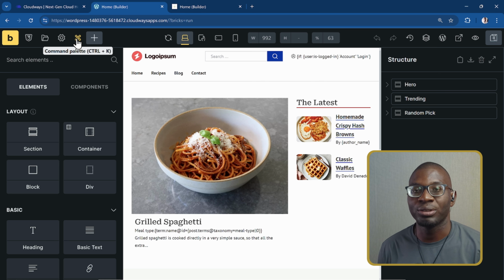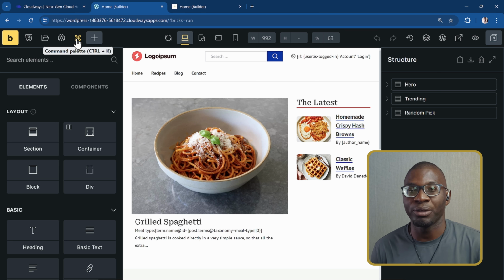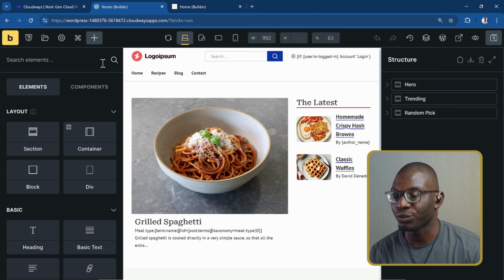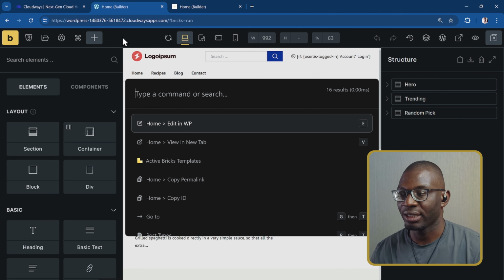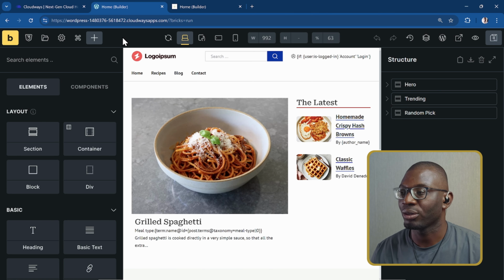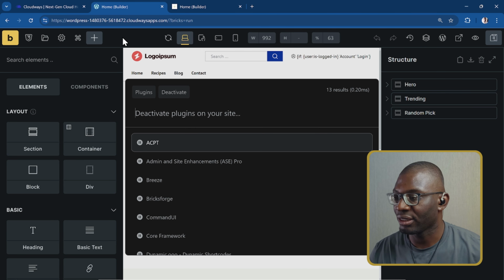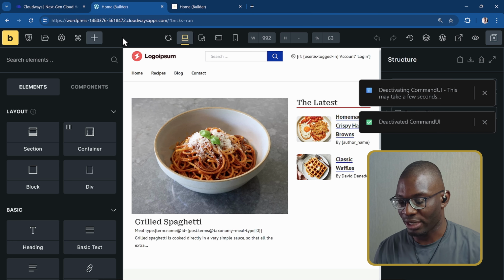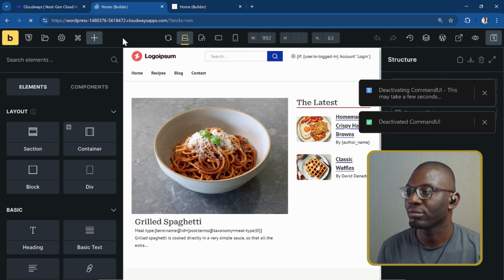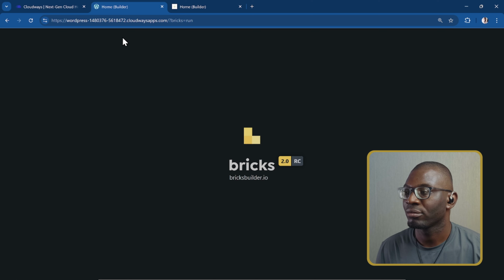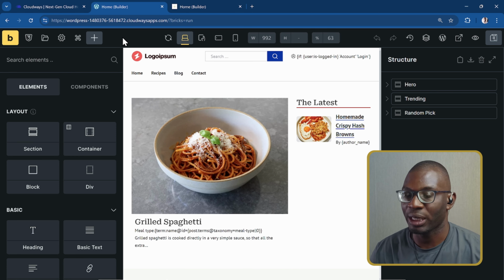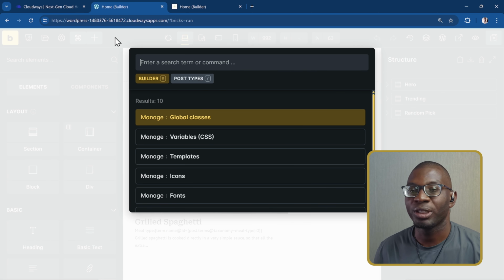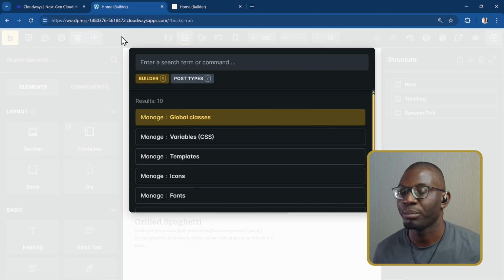But first, I would need to deactivate Command UI, which is the preferred command palette that I use. But for the sake of this tutorial, I would have to disable it because they use the same keyboard shortcut, which is Ctrl-K. So let me go ahead and deactivate the plugin. So I'll say plugin deactivate and Command UI. So now I can refresh the page. And now you'll notice when I press Ctrl-K, it opens up the command palette from Bricks because I have disabled